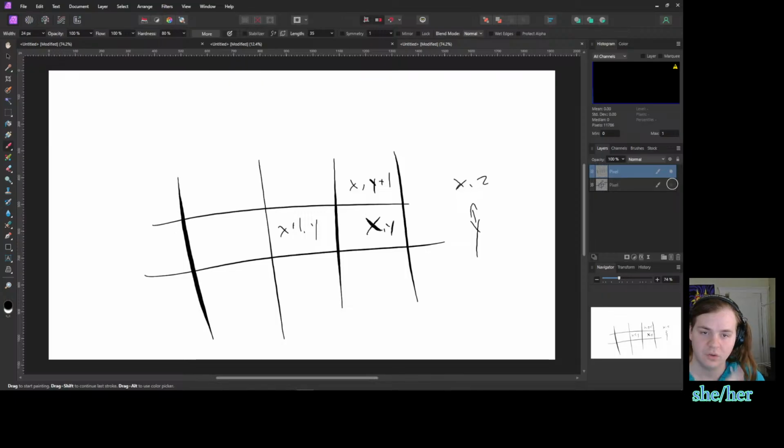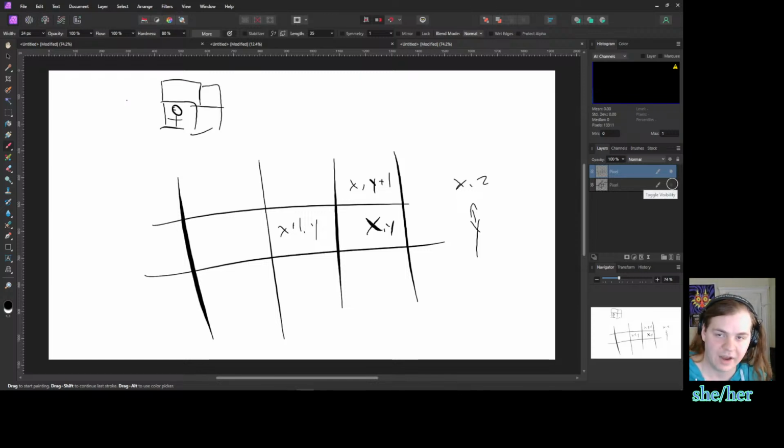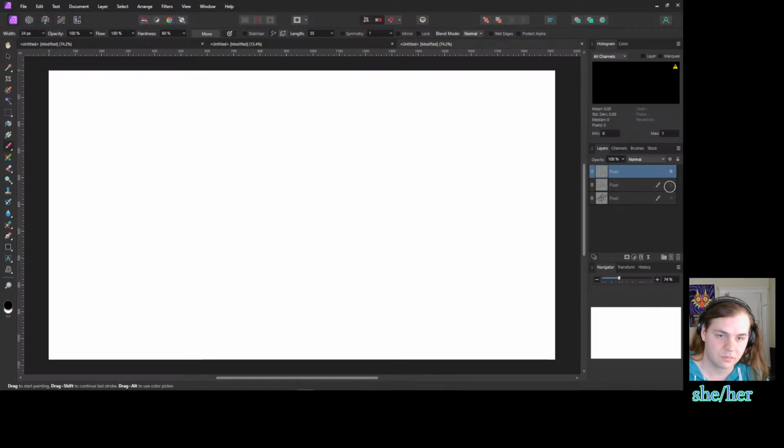So what makes the unit circle useful is, this is fine for top down. If I've got a character here, and they're in a grid, and I want to move around, just adding or subtracting from X and Y to move them around is fine. But if I've got a 3D camera, then this doesn't work. Well, specifically if my head is a camera. This doesn't work, and the reason it doesn't work is that